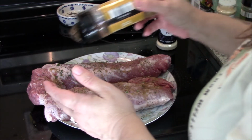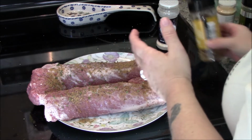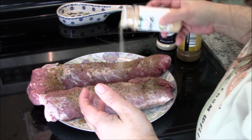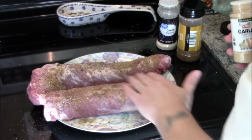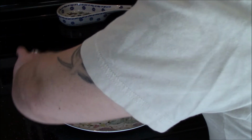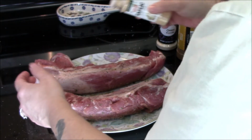Orange juice and lemon juice, I think, but I'm not sure because of the amount of sugar in orange juice concentrate. I'm not really sure where that stands. That looks really good and it smells good too. So, like I said, I just wanted to do a dry rub this time, and I'm sure